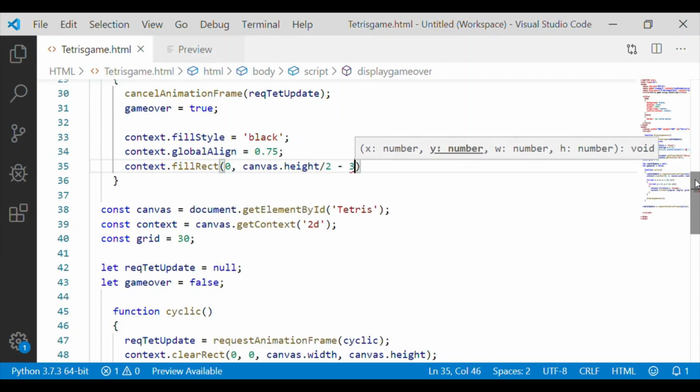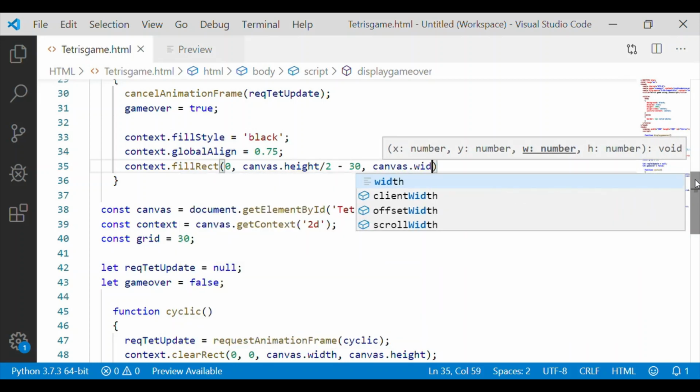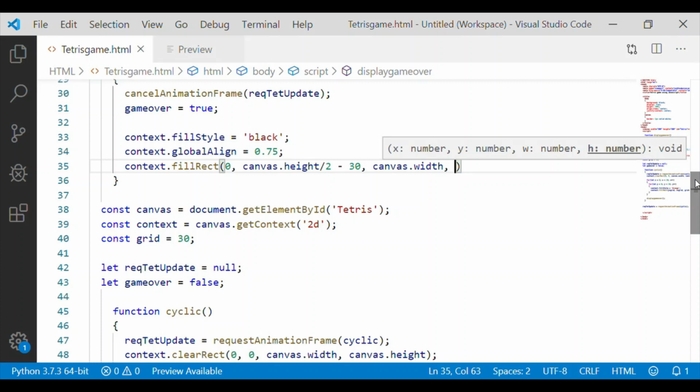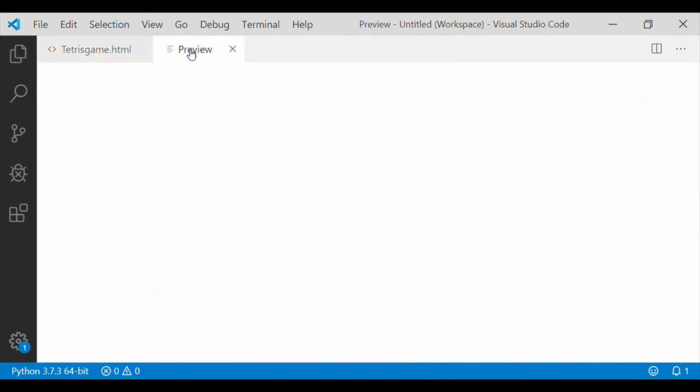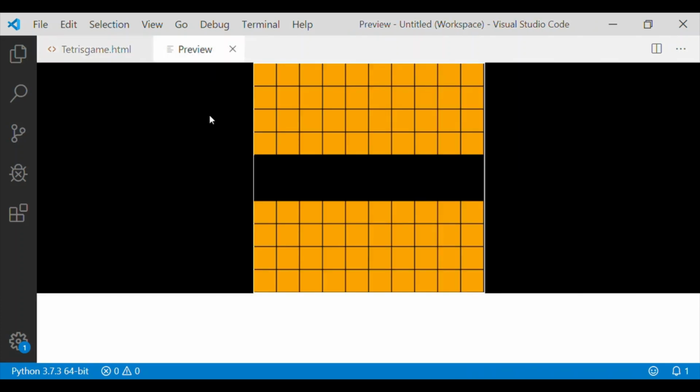That means we are moving to the 4th row, and it shall go till the right end, so canvas width and the height of 60, so that the frame will be for 2 rows.